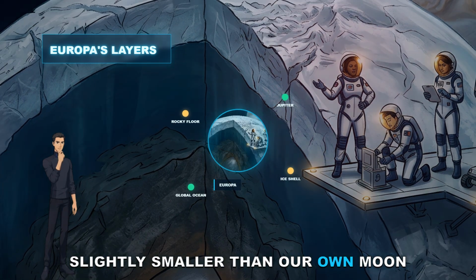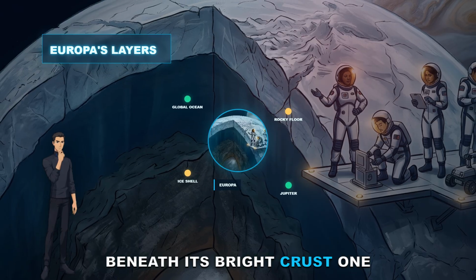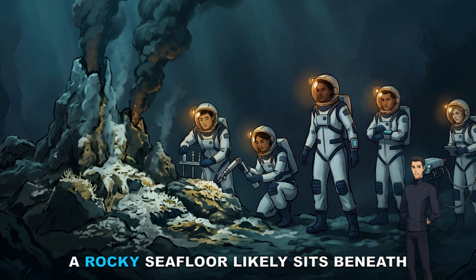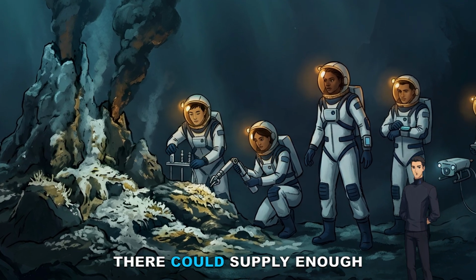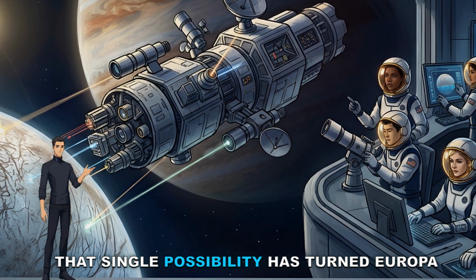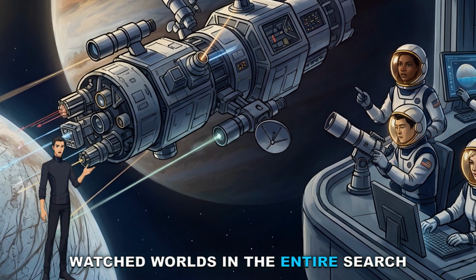Slightly smaller than our own moon, Europa hides a global saltwater ocean beneath its bright crust, one that may hold roughly twice the water in every ocean on Earth combined. A rocky seafloor likely sits beneath that ocean, and the chemical reactions happening there could supply enough energy to support life, at least in theory. That single possibility has turned Europa into one of the most closely watched worlds in the entire search for life